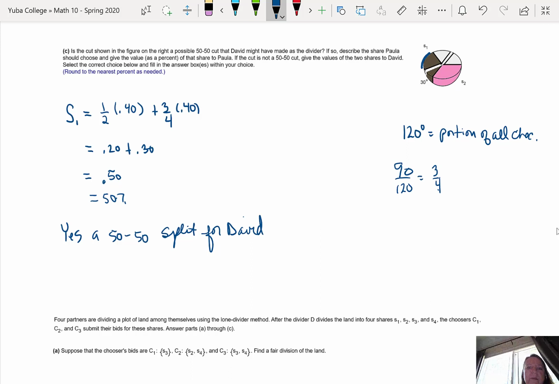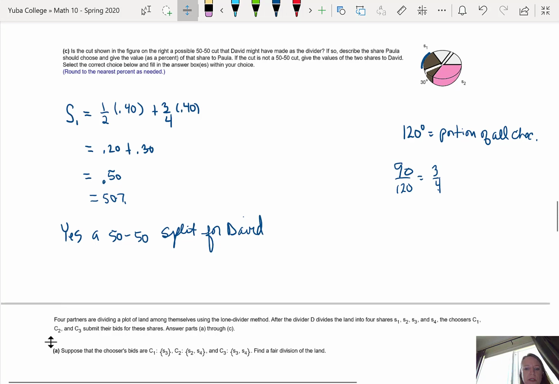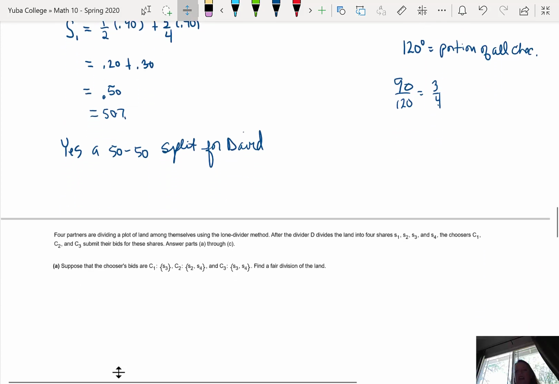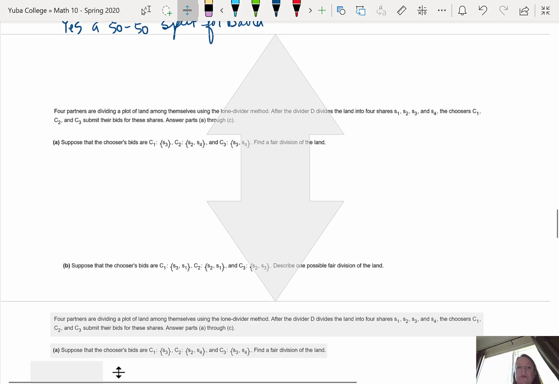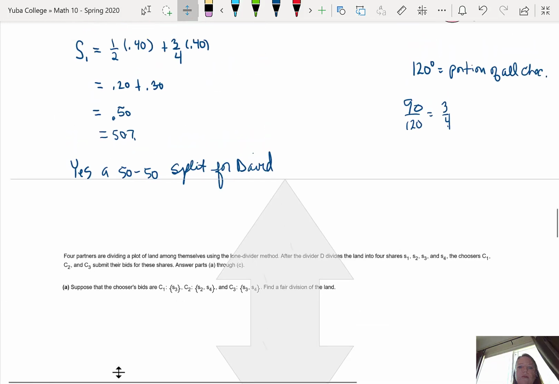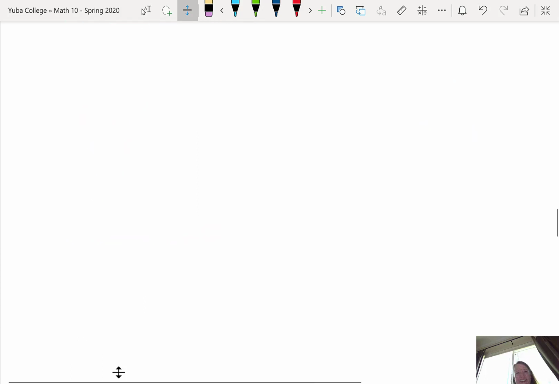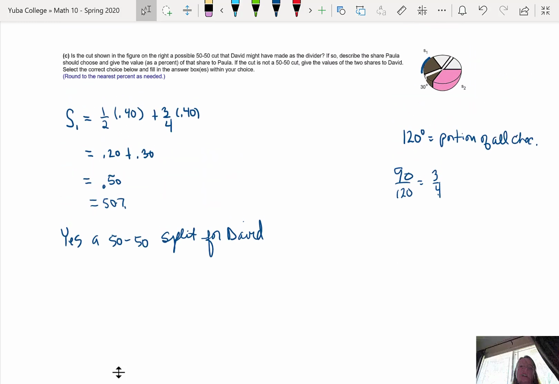And so now we want to figure out which slice Paula would choose. Well, again, she's not going to choose the slice that has chocolate because she's deathly allergic to chocolate. I don't know, deathly. Sounds better. Actually, if she was deathly, she probably wouldn't eat it, touching it. Anyways,